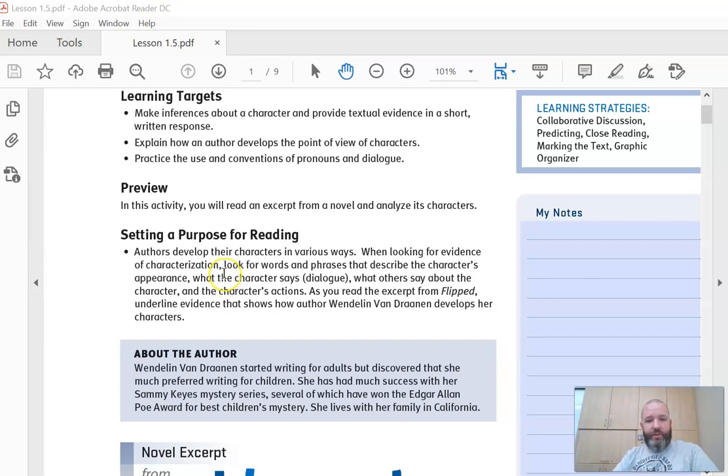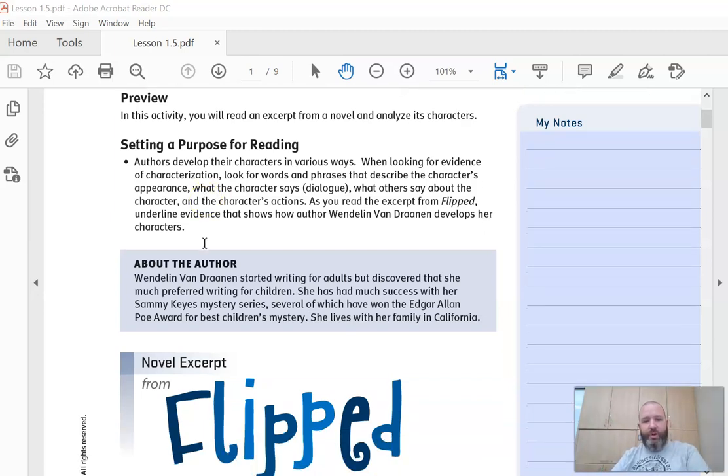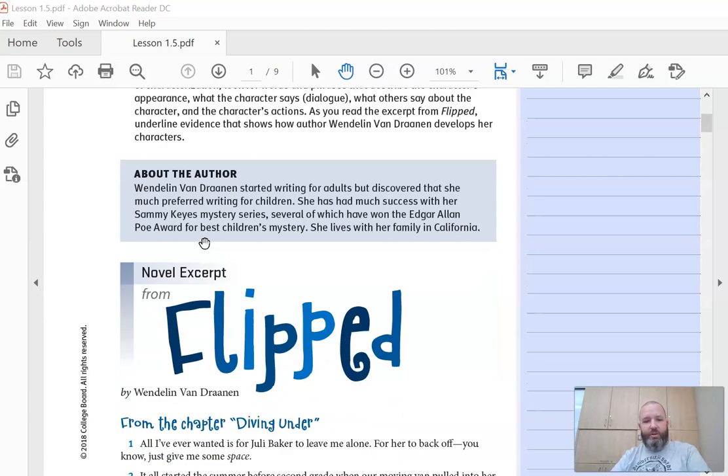Okay, so as you find anything, there's two main characters in this story, Bryce and Julie. As you go through, remember you can use this highlight tool up here. As you go through the story, highlight things that help you understand what that character is like. Because the authors don't usually come out and say, Bryce is a nice young boy who is 10 years old and his favorite colors. Right? It doesn't usually come out and say all those things. They show you rather than just tell you. And that's part of the fun of reading, is getting to know those characters.